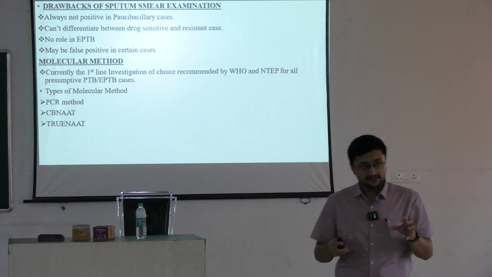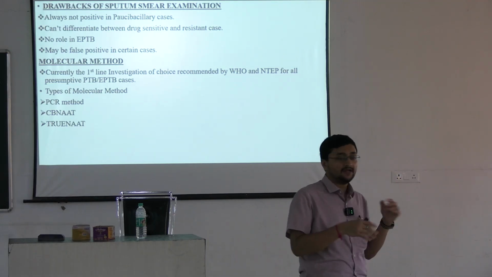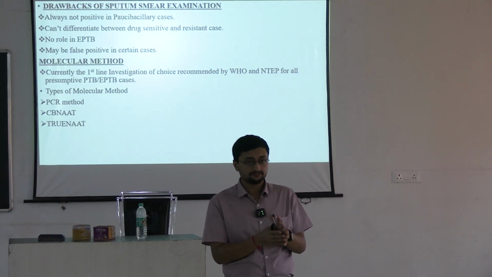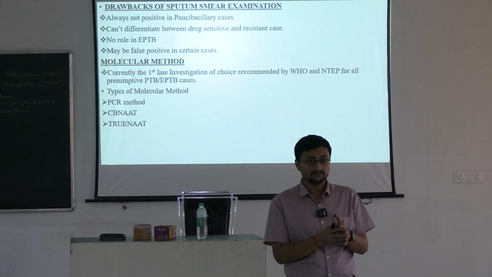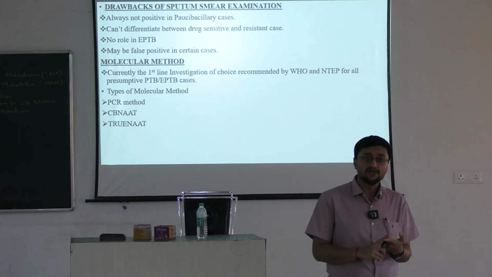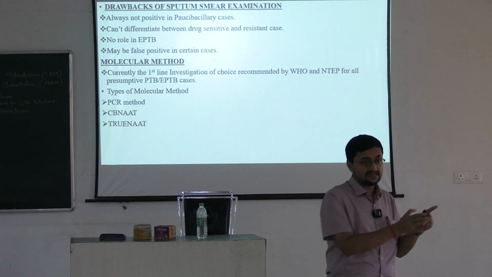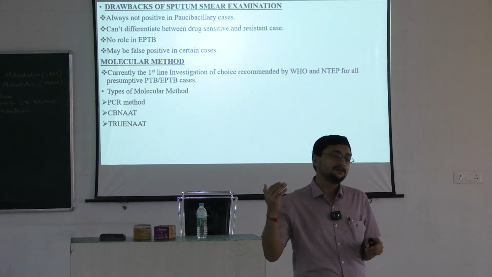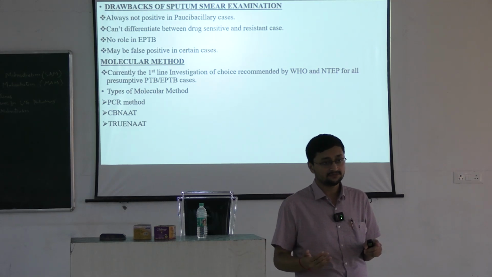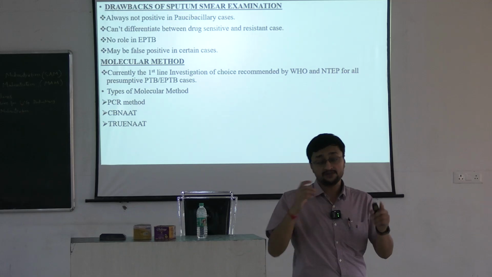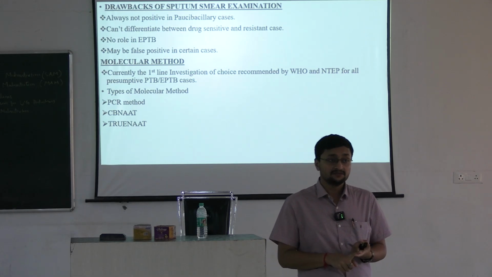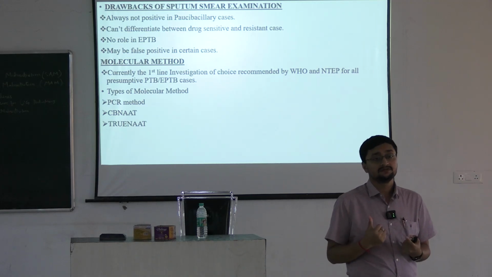So CBNAAT, why should we do CBNAAT? Why is it recommended as a first line investigation? Very good, for detecting rifampicin resistance. Because in India, what we have found in the last decade is an absolute rise of drug resistant tuberculosis, because they are not detected at an early stage, right? That is the reason they have implemented this. Because in CBNAAT,